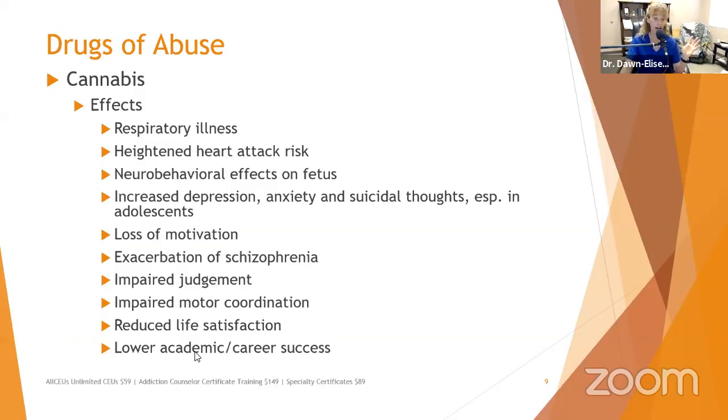Also, as a little aside, if you watch the video that we've got on our YouTube channel, allceus.com/YouTube, that's specifically on marijuana, you'll learn that there are dozens and dozens of different strains of marijuana, and some make you more euphoric, some make you more sedated. So it's important to recognize that marijuana is not just a plant. It's not like oregano that's pretty much the same. There are different variations to it, and the impact on the person is different.